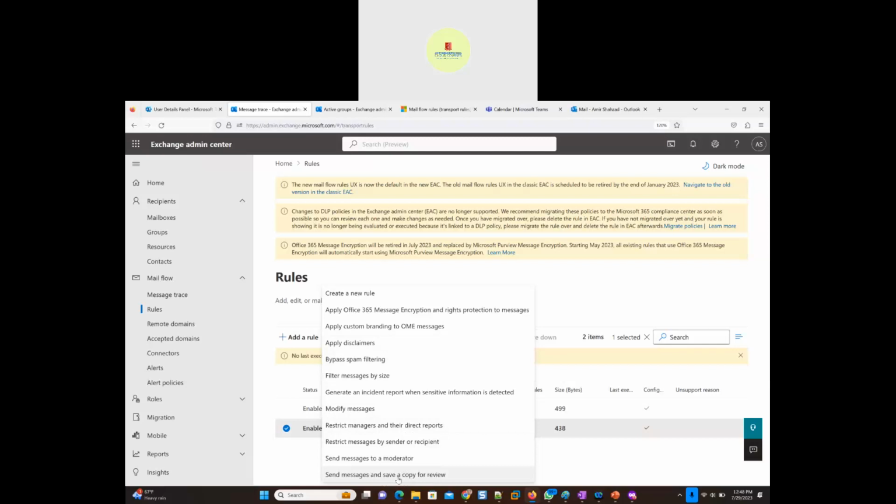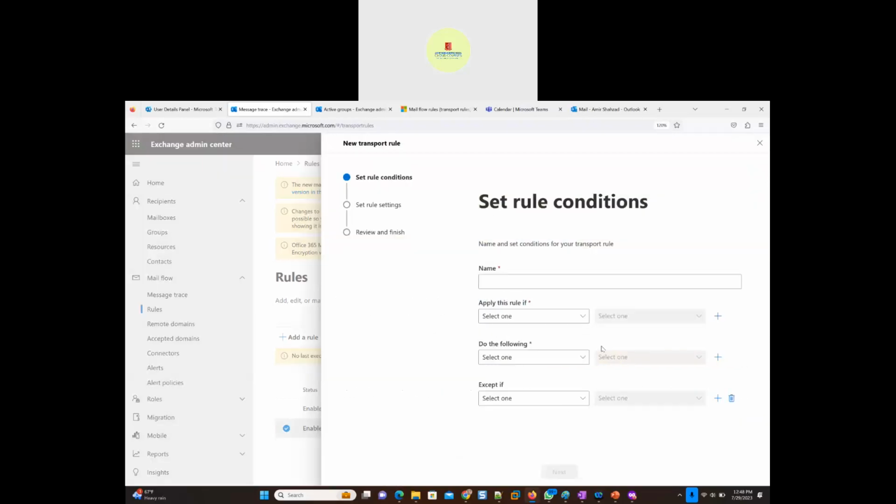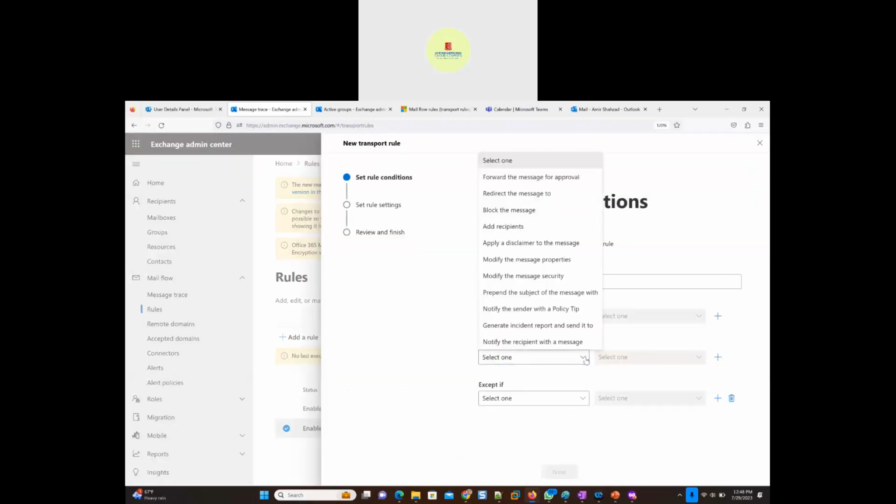Here is another one: add recipient, or just simply block the message. So we understand that yeah, it's gonna work. Or notify the sender with a policy tip. Maybe we can just add that. So what's the policy tip? So policy tip